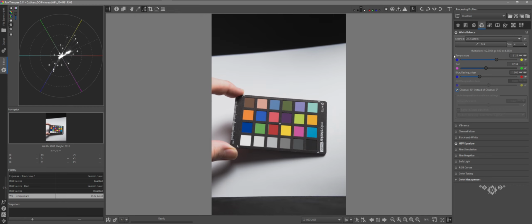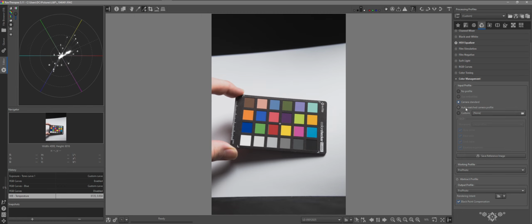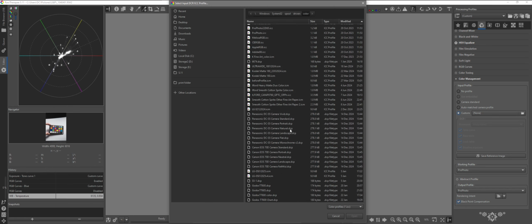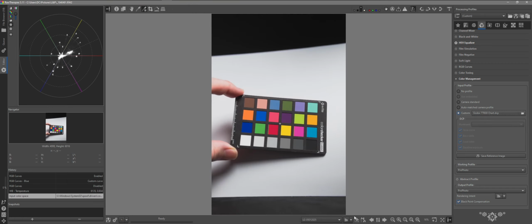So now what I'm going to do is use the custom profile within the program. So instead of using camera standard, I'm going to go to custom, open up the folder. So when you create your custom profile, you need to know where your folder is to put them. And this is for the TT600, the Godox. I'm going to apply the target here, and we can